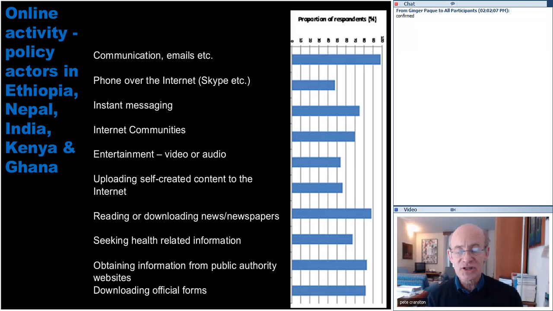If I did this survey with everybody who's present here, we would find probably about the same pattern. The most striking thing about this survey is that amongst the policy actors, effectively the elite within all of those countries, people operate in much the same way that I operate when I'm at my home base in Oxford in the UK. So I use the internet all the time for communication and emails. I use a lot of Skype. If you move on down, if I'm seeking health-related information, I get quite a lot online, but I tend to